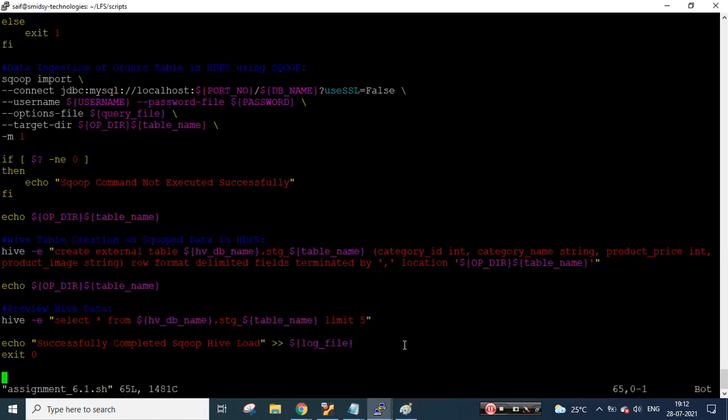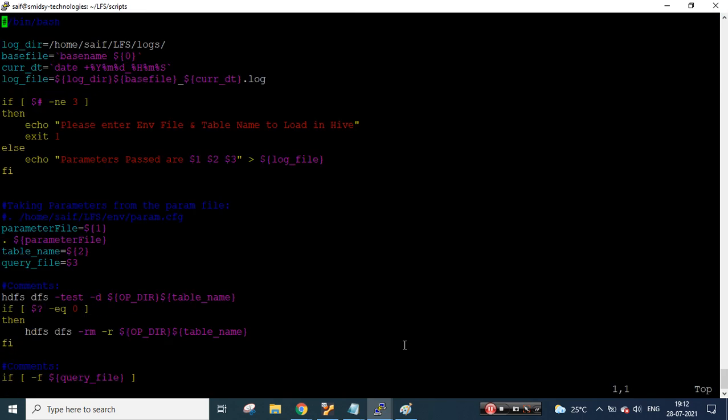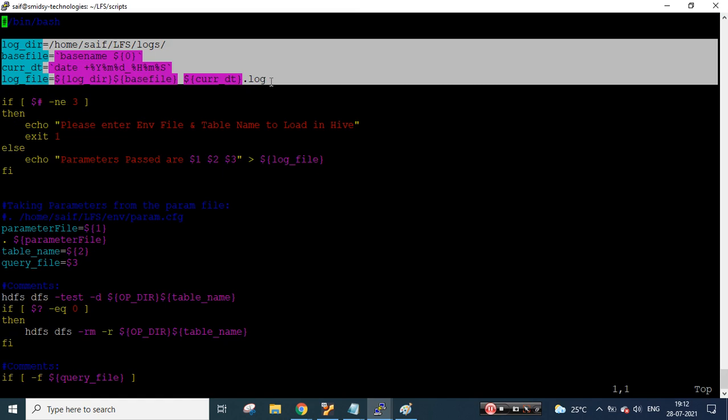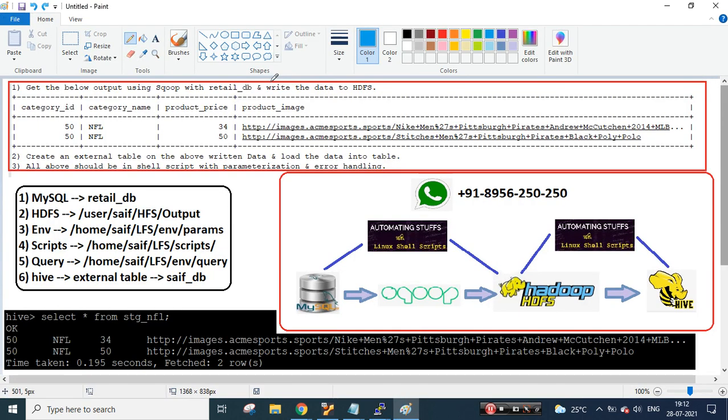Let's enter it. Okay, and let's go to the first line. It's a slash bin bash. Here I have defined some variables. Don't worry about this if you don't know shell scripting. If you plan to join the training program, I will be giving the training videos, Linux videos and shell scripting videos, and you'll come to know how to write. In the first week I write a small script and show you right from scratch, and then in the second week we try to parameterize.